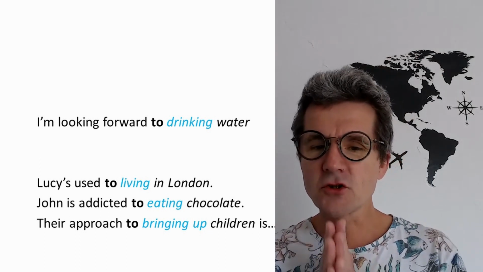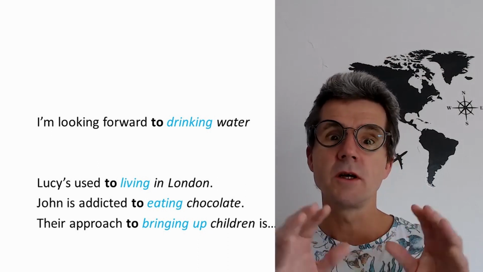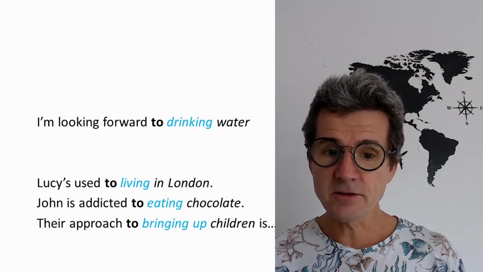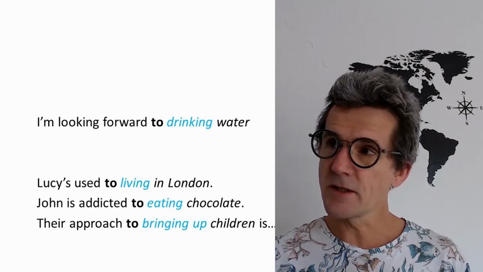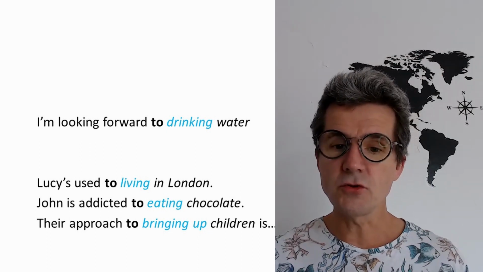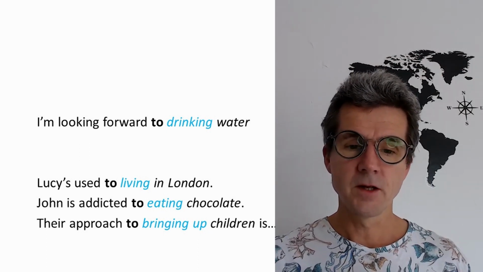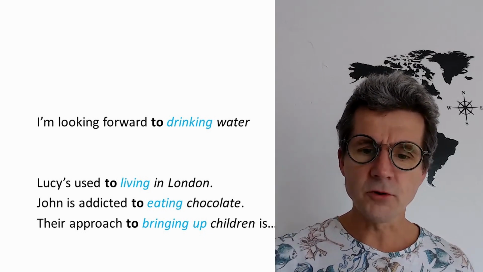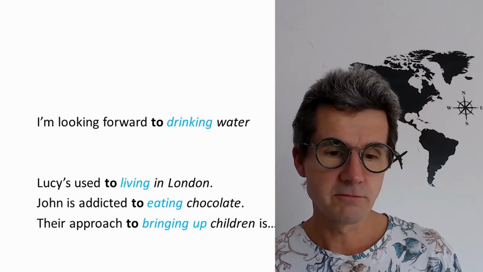And again, we got this to. So this to here is a preposition. And I've got some other examples that use this to as a preposition, which take a type 4. So Lucy's used to living in London. John's addicted to eating chocolate. Their approach to bringing up children is